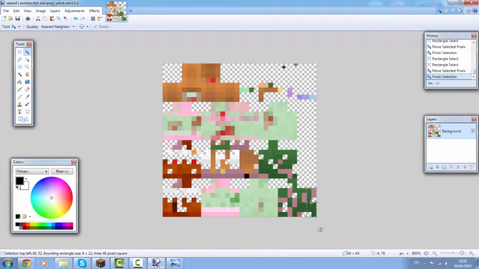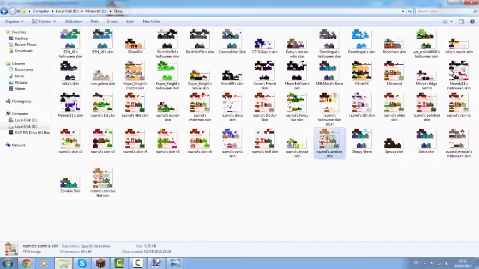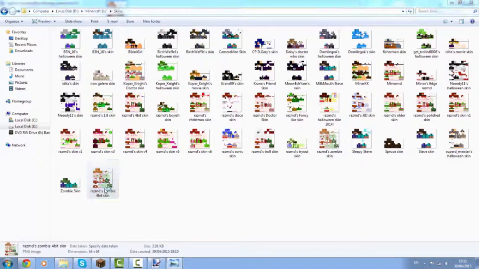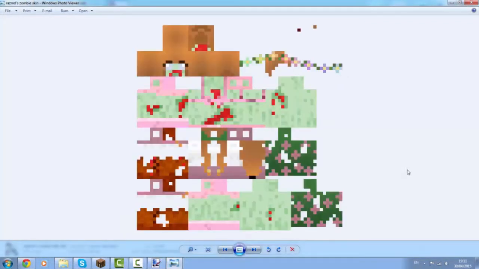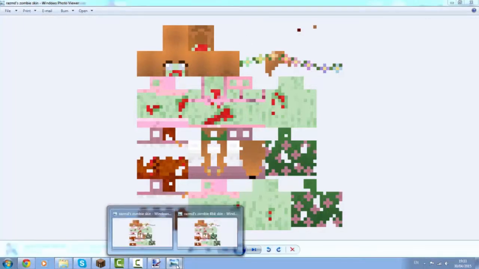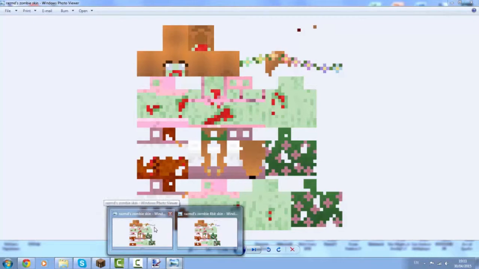Now I'm gonna show you the comparison, okay? I accidentally went into Minecraft. So I'm gonna show you the comparison. So first off, wait a second, I'm gonna increase. Okay, so look at this. First off, there is this skin, and you can see this is the original skin, and if we turned it to 4-bit, it looks like this. So it basically looks like a picture that has been downgraded quite a bit in its resolution, but it still keeps the same features and it looks kind of nice.